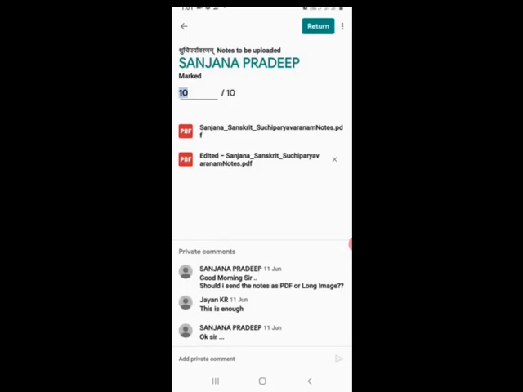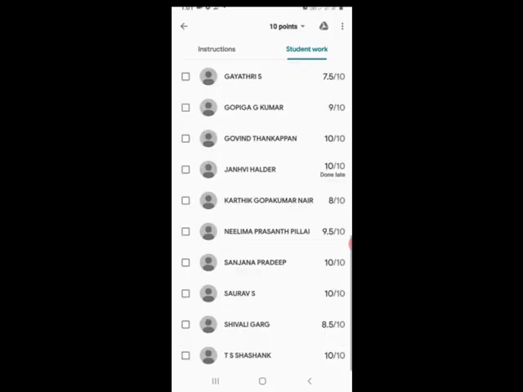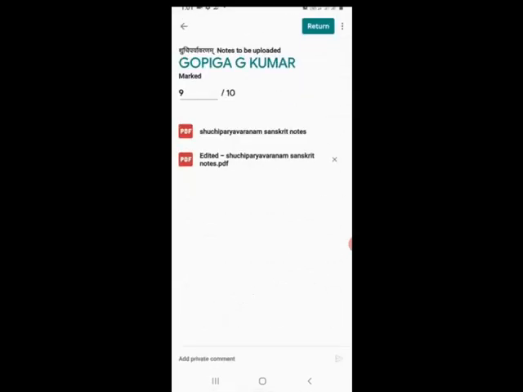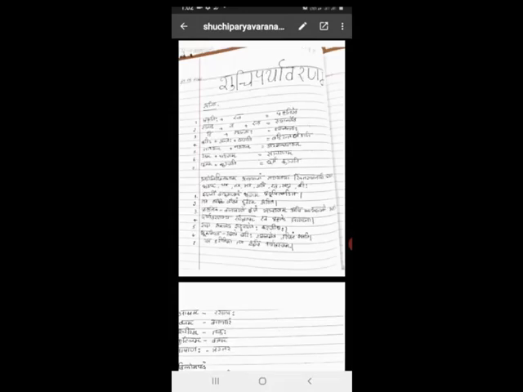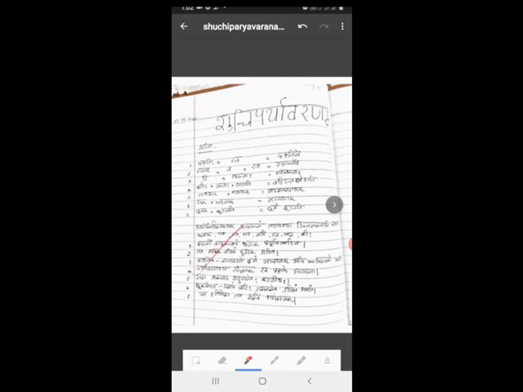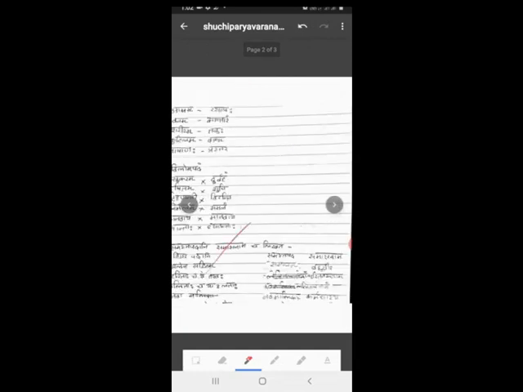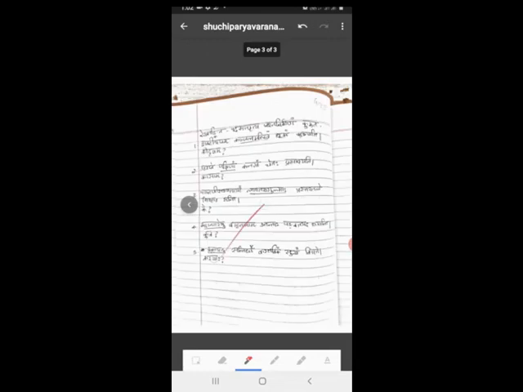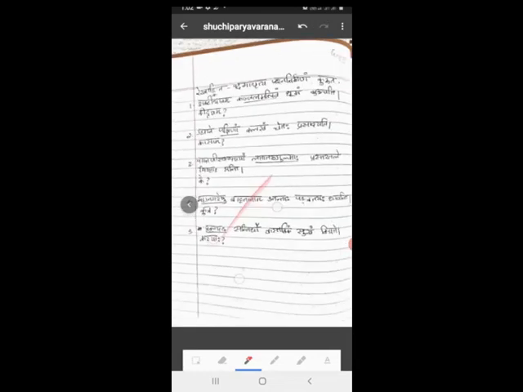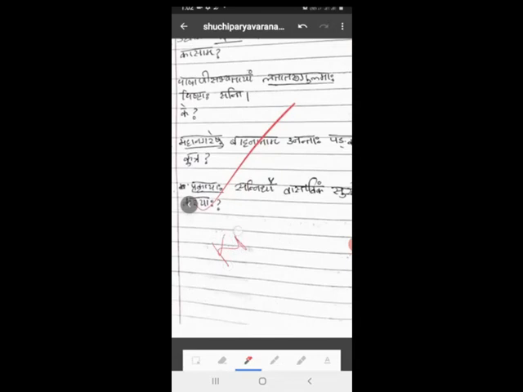Teachers, very easy. I will show you once more. Go to the assignment page, open one child's notebook, and when you open the notebook, you can see one pen here. After correction you select a pen also. Don't forget that. After that, the next page, and then the next page, so it is okay, finished. Here we maximize, so we can sign, then we can write the date also.